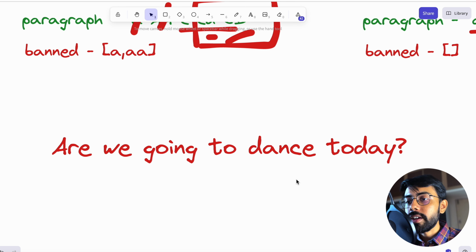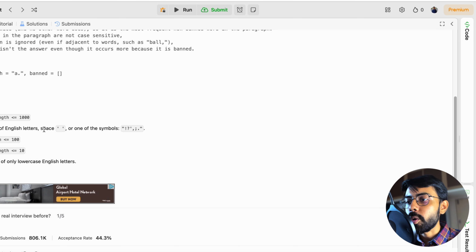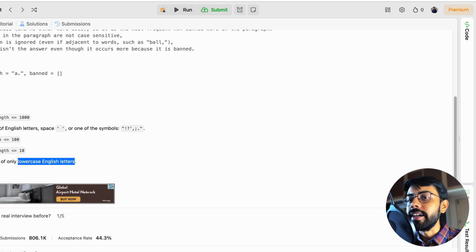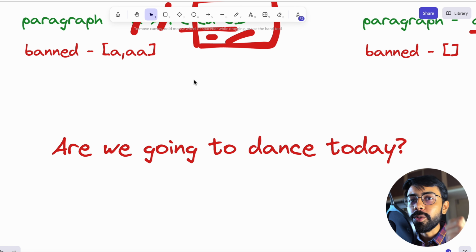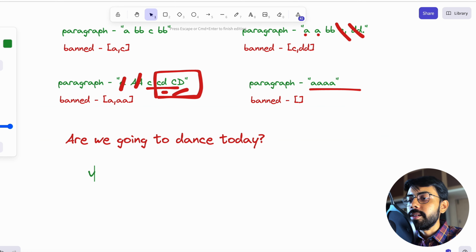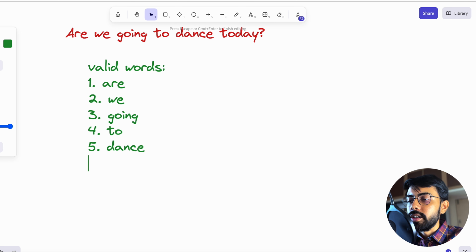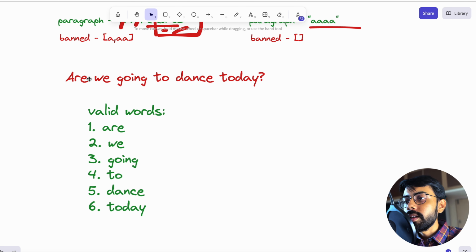So let's say this is the paragraph and we break it down into words. What would we not consider while breaking down this paragraph into words? The symbols, right? And the white space as given here, space or one of the symbols, because the banned words as given will only have lowercase English letters, right? And no symbols. So while breaking down the paragraph into words, we will remove these symbols and just look at the English letters, right? So valid words here would be are, we, going, to, dance and today, right? We would ignore all these white spaces in between and also the symbols, and then we'll compare with the banned words. Let's say banned words are